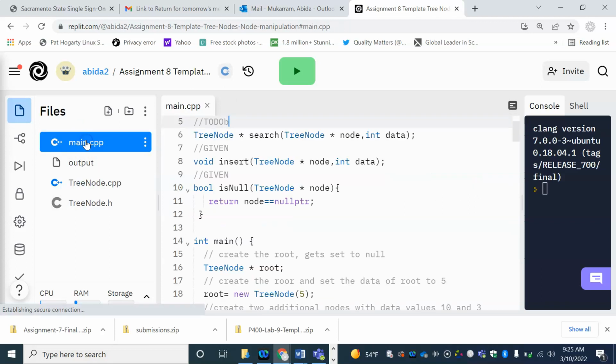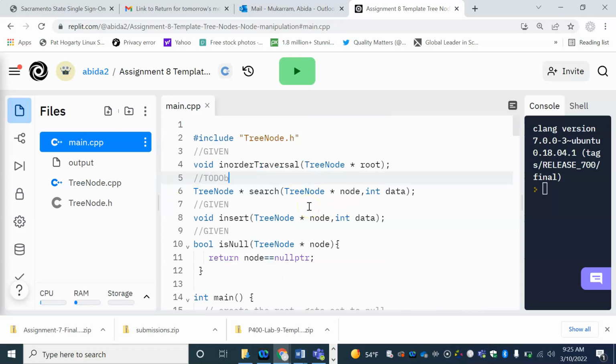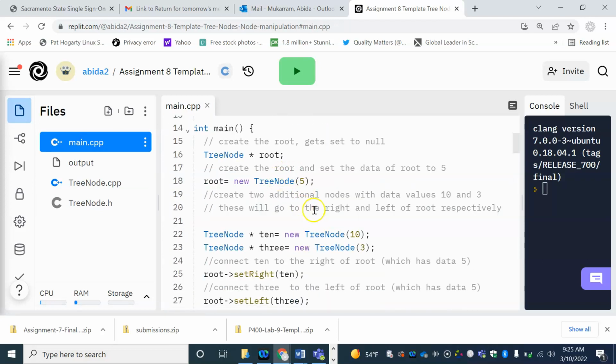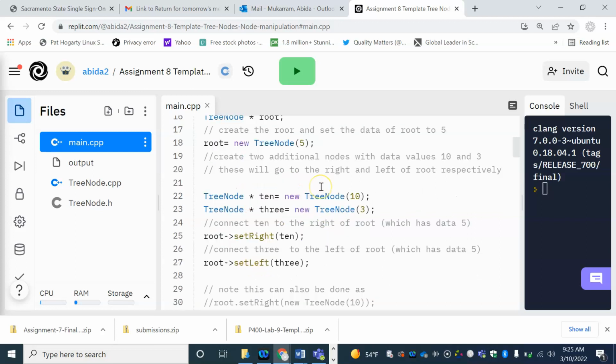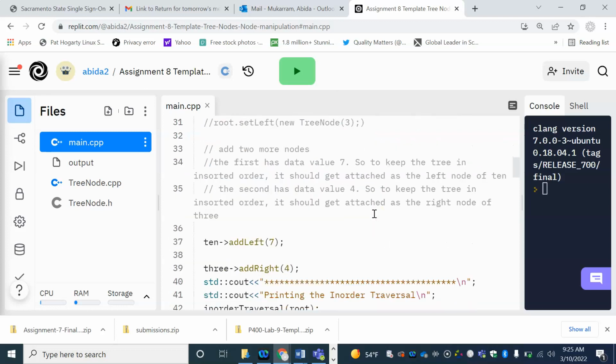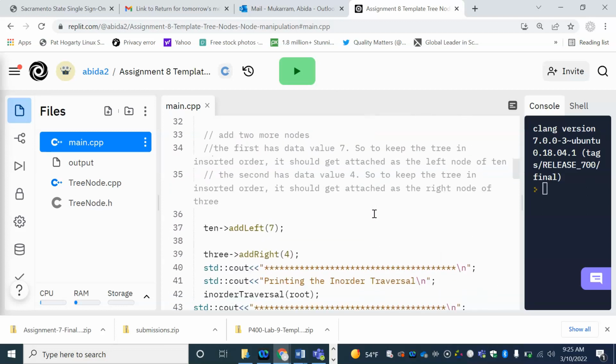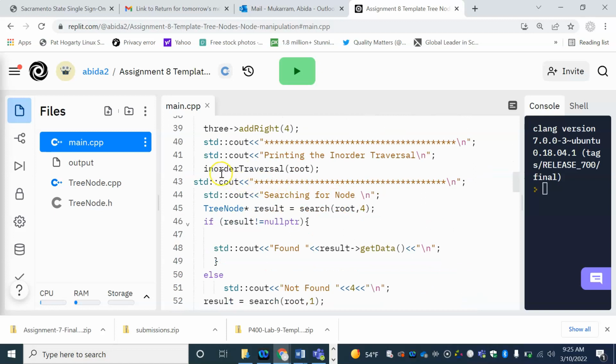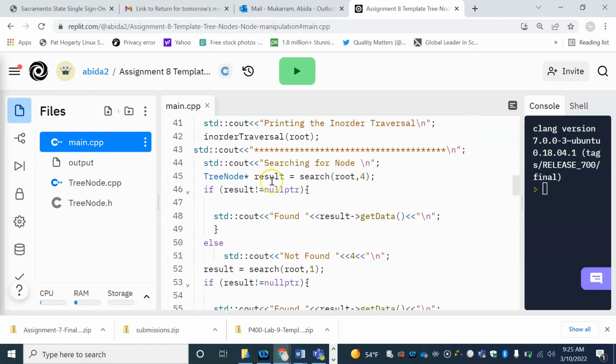And then here, what the main program does is it creates a tree by creating nodes using the custom constructor and passing this data value. And then what we're going to do is run the in-order traversal of the tree, starting at the root, which results in having the tree printed. And then the second task that we are going to do after constructing and doing the in-order traversal is searching for